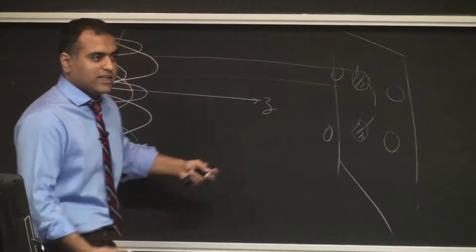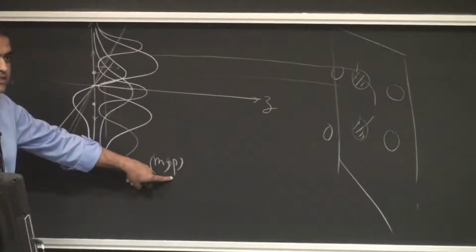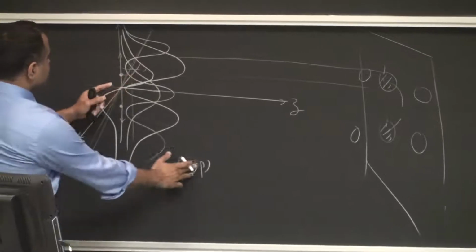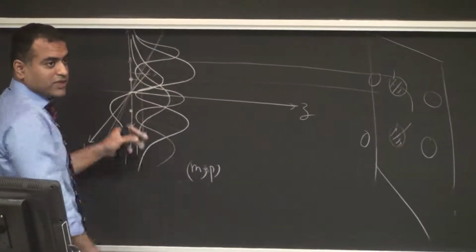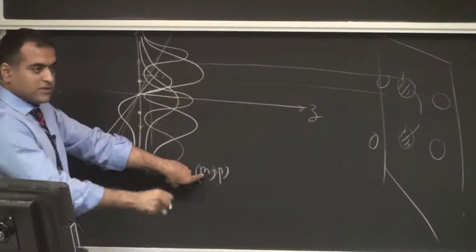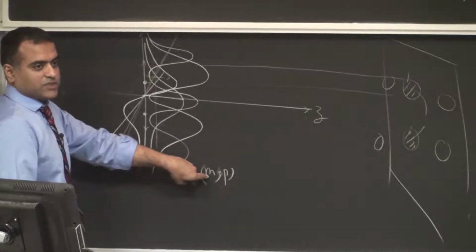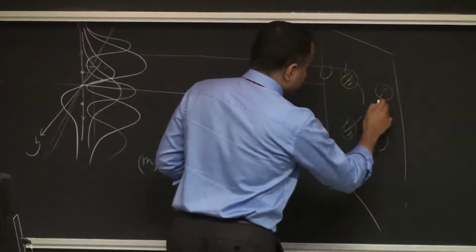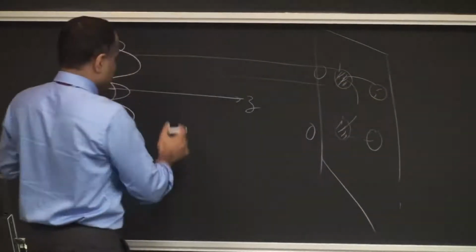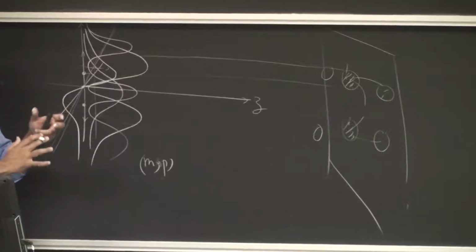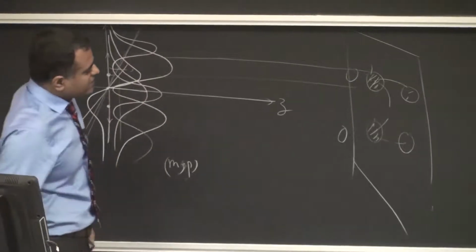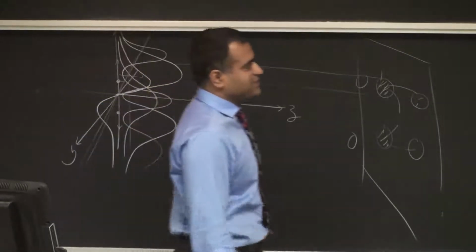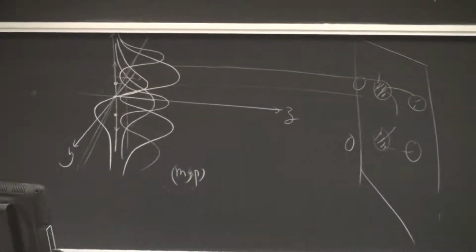So really it's the count of how many nodes you have. m is the number of zeros if you move along x, and p is the number of zeros if you move along y. When you look at a spot and you see 4 nodes along the x-axis, you're in that mode. That sort of thing. Yeah. And you realize right away also that these nearest neighbor ones are typically out of phase by pi because of this. So you have these physically separated beams like that. Is that clear?